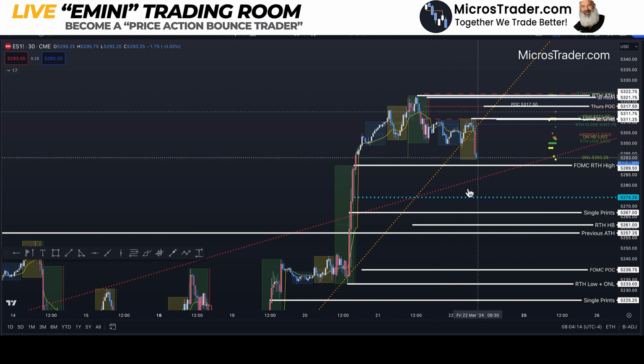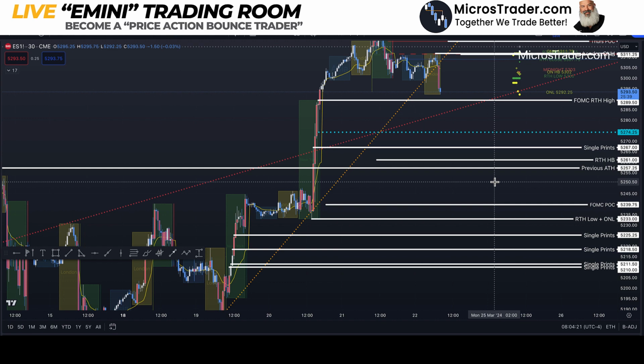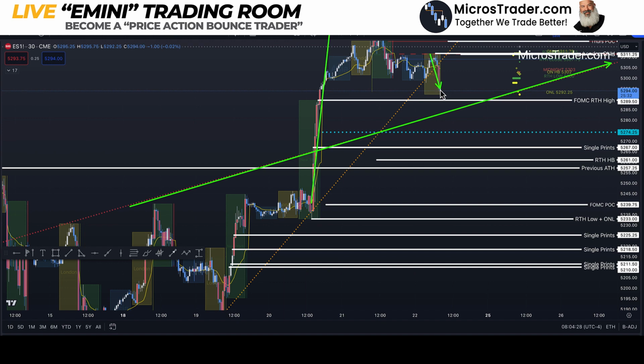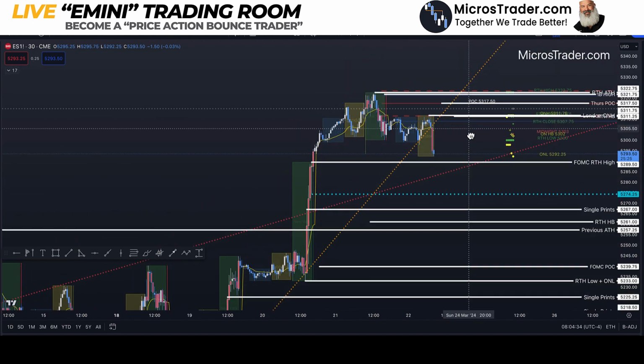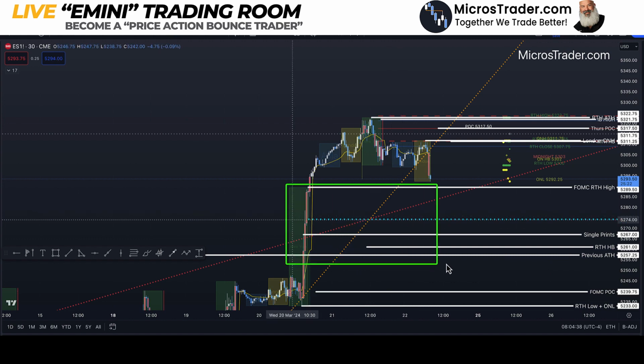And there is not a whole lot in the way stopping this from coming down to the FOMC POC. So this will be really interesting to watch. Our daily trend line here that we shot above, will we come back and touch that and have a move? I don't know the answer to that question, but it would be an area I would be looking for. Am I interested in longing any of that? Probably not. My goal is to be on board, perhaps with a short, but knowing this high is going to